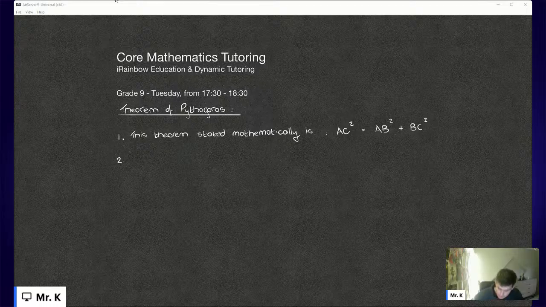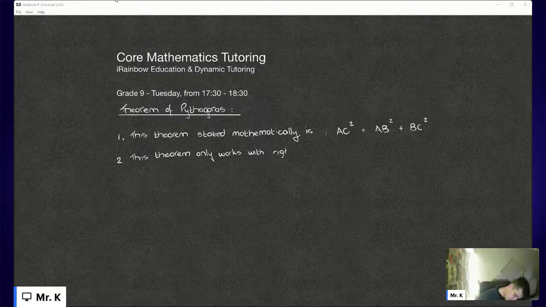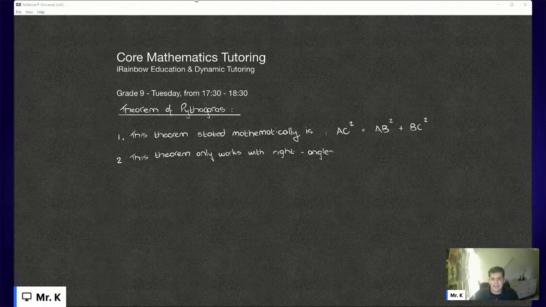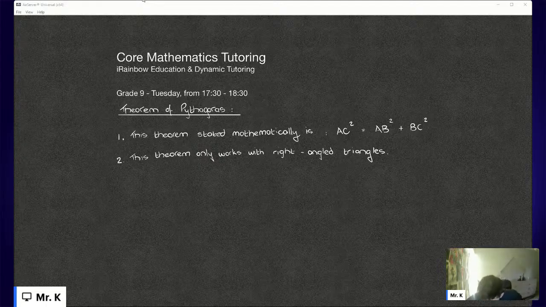Number two, what else do we need to know about the theorem of Pythagoras? This theorem only works with right-angled triangles, guys. You may not use these on isosceles triangles, equilateral triangles, scalene triangles. None of those will work. Only right-angled triangles. Now, when it comes to actually using this theorem, what do we actually need to have in